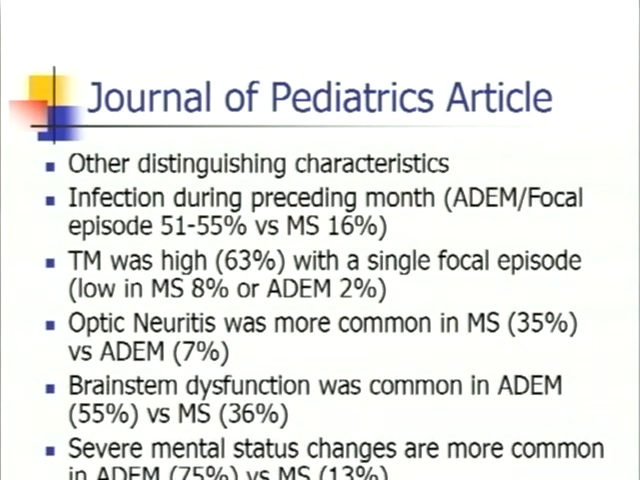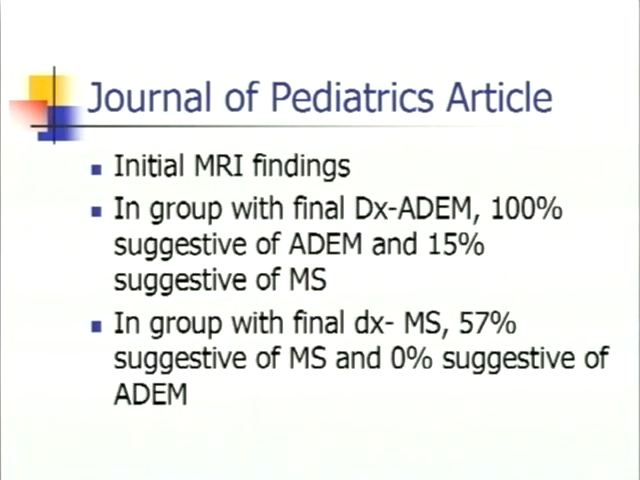And a really important sign that I wanted to emphasize is severe mental status changes, or kids who are not talking in their right mind, are sleepy, etc., are much more common in acute disseminated encephalomyelitis than in multiple sclerosis. The initial MRI findings actually were quite predictive, and the group with a final diagnosis of